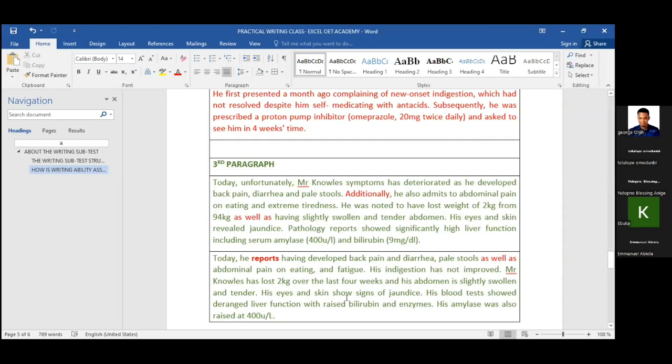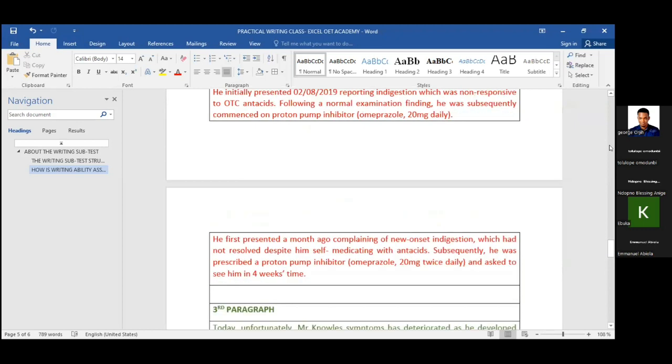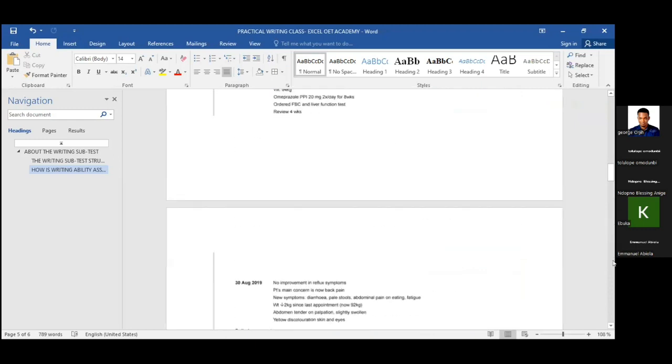So, and skin shows signs of jaundice. Then I said his blood tests showed deranged liver function with raised bilirubin and enzyme. His amylase was also raised at 400 U per liter. So now it's important that I didn't just go directly to this case note, to today's visit, and start writing it exactly as it was. You can see